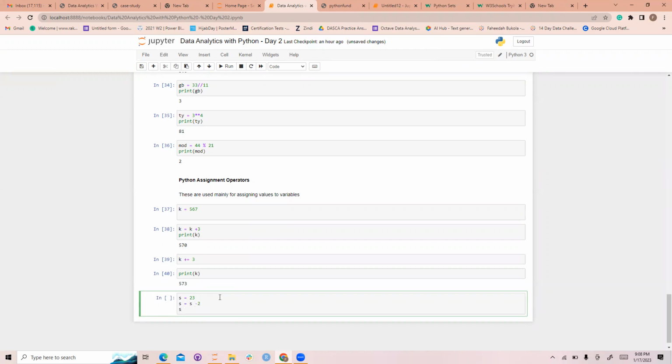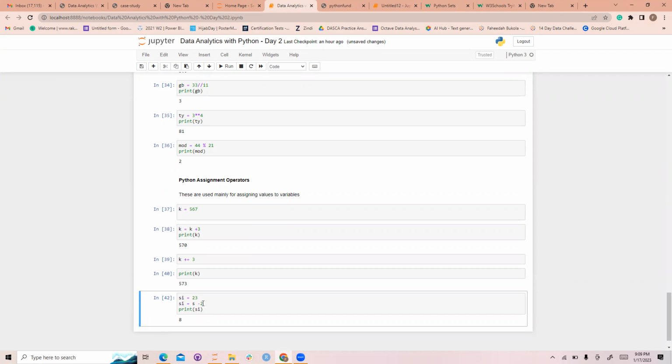So s minus equals to 11. Okay, wait, let me add SI. So when I print out the newest value of S variable SI, it gives it as